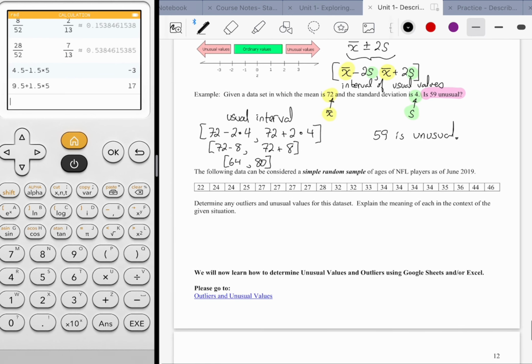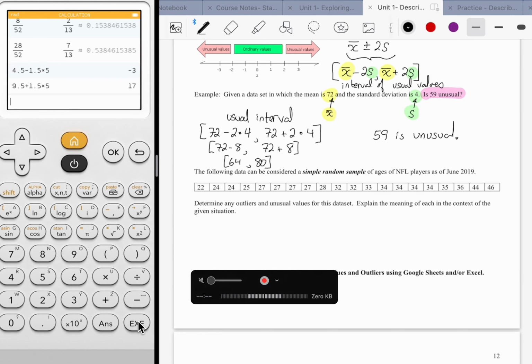Now I have a set of raw data here, but we're going to skip that. We'll go right to the outliers and unusual values. I just got to put the link on Schoology because for whatever reason I never remember to do that. So let me